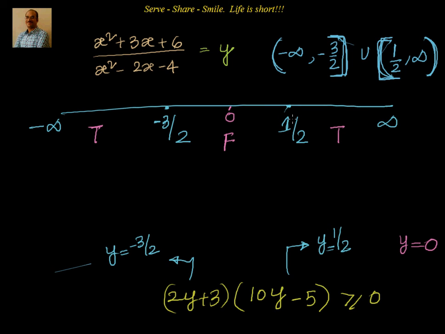So other than this range of minus 3 by 2 to 1 by 2, all remaining values are allowed in the range of the function. These are the type of problems where we can't switch over x to y. Instead of that, we form a quadratic equation, and we know that the value should be real, so the discriminant should be greater than or equal to 0. The same problem can be solved by getting x in terms of y, which becomes a little bit difficult. Then you switch x and y, then you go to the domain and function, then again you will end up with the same logic, and the answer also will be the same only.